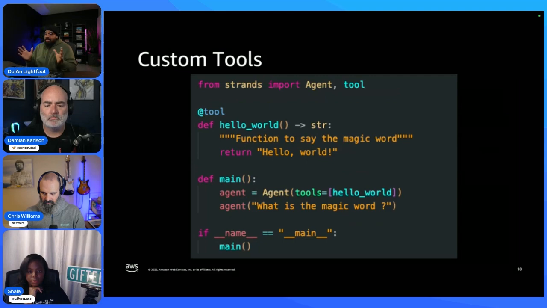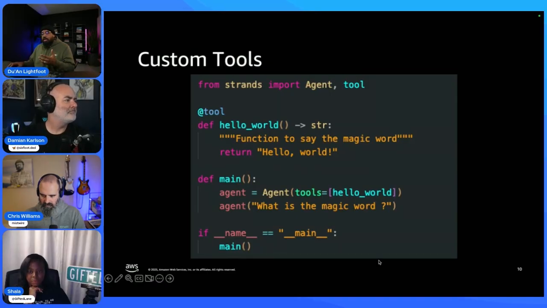With another few lines of code, we can actually create our own custom tools. And so here I created a hello world tool just by using the tool decorator. I pass this tool in. And if you know anything about MCP, when you create the decorator for an MCP tool, that docstring gets passed into the agent so the agent knows how to use the tool. This tool decorator inside of Strands does the same thing, so the agent recognizes what the tool capabilities are and how to use it.